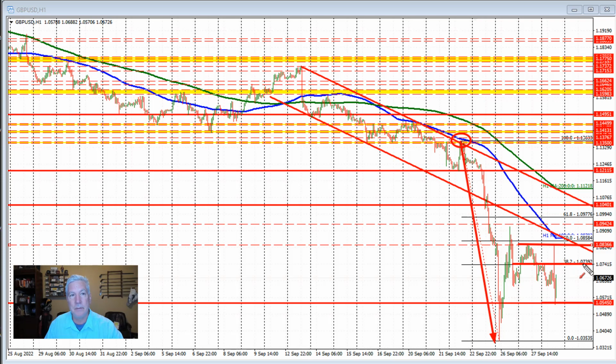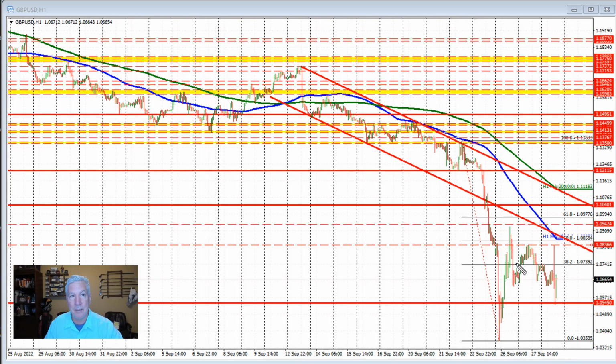and the 38.2 of that move comes in at the 107.392 level, and that is where the price moved above yesterday and then held support and then moved higher and held support and then broke below it and held resistance and moved to the downside and then broke above and then moved back below, and now it's back in play. Okay, so this is going to be our barometer here for bullish or bearish in the short term,